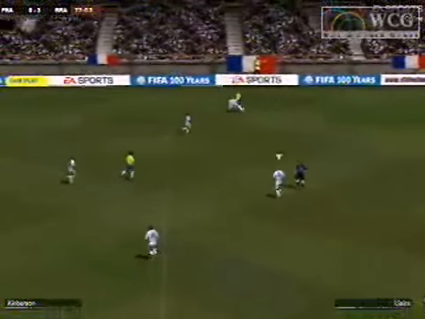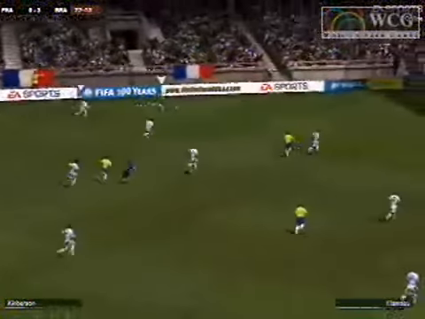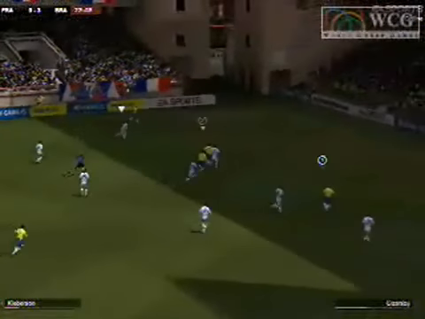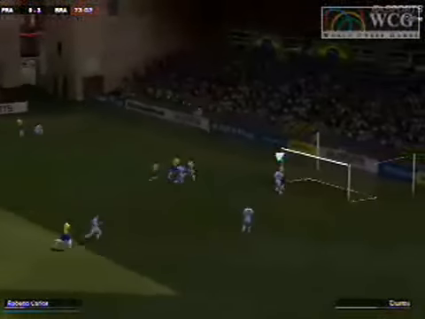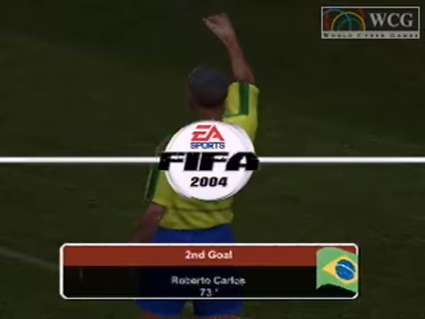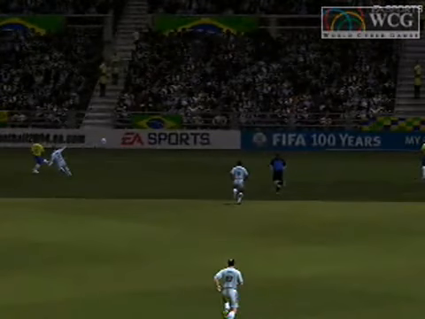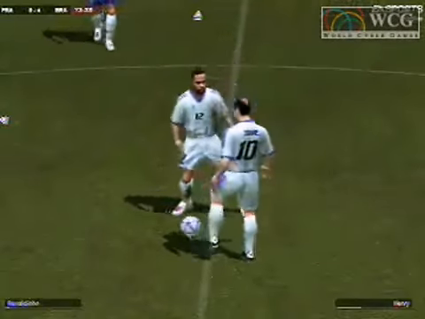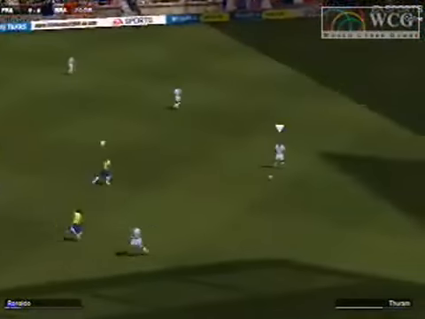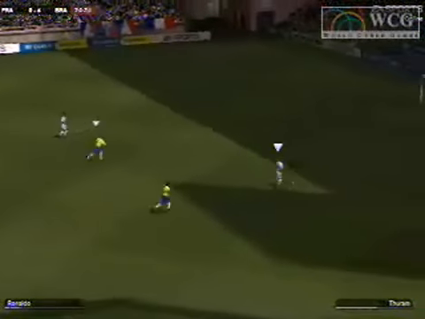France now, the German has to be feeling the pressure of this. Brazil making another run on this left line. He's going to put the cross up. The ball is in the air. The header and the goal. Beautiful job by Carlos to get the ball in the net, and the Brazilian has jumped ahead on this German player with 4 goals. 4 goals in this first match.